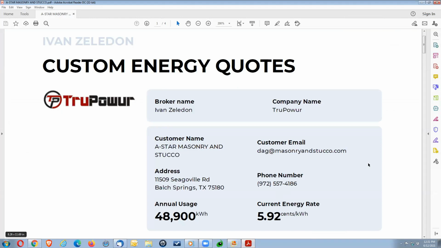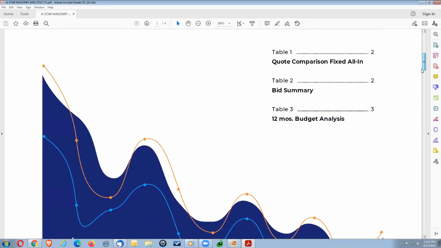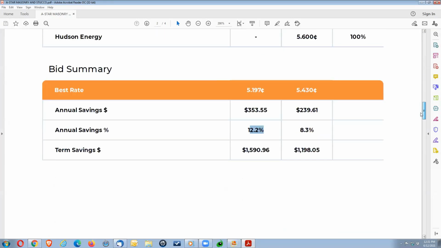You don't need to go into a lot of detail. We want that customer to see in black and white what kind of savings is available. So when that customer calls back and sees that they have an opportunity to save additional money, we want to make sure they're in a position to take advantage of it. This one's pretty small, but nonetheless, it saves them $1,500 and